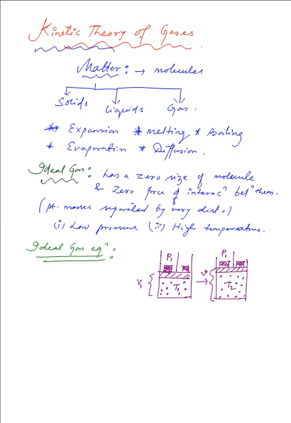Now we will be studying in detail about Charles' law, but here the temperature has been changed from T1 to T2. As a result of that, the volume has changed from V1 to V, and from Charles' law we have V by T equal to constant, that is V1 by T1 will be equal to V by T2, and from that we can have V1 by V equal to T1 by T2.